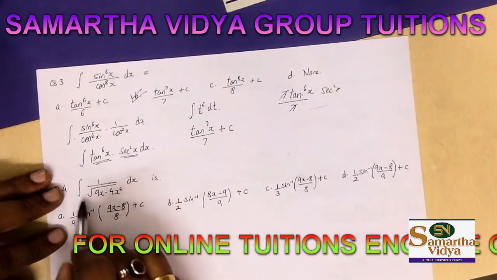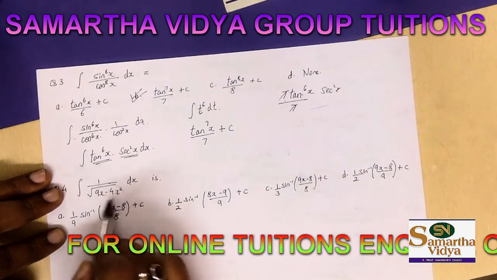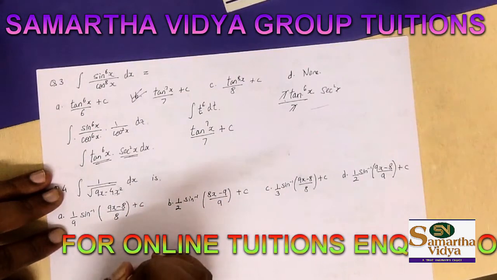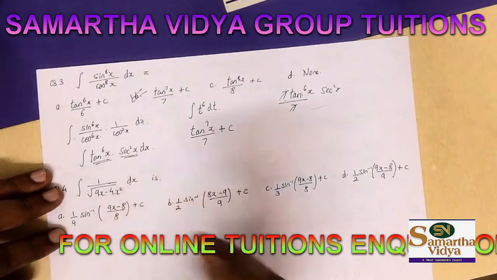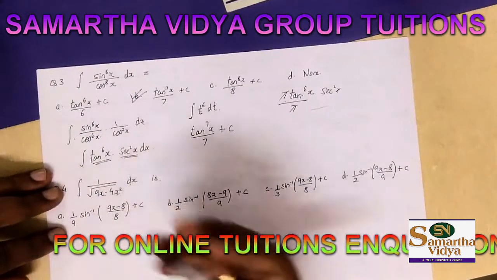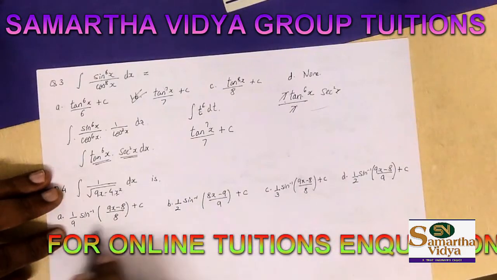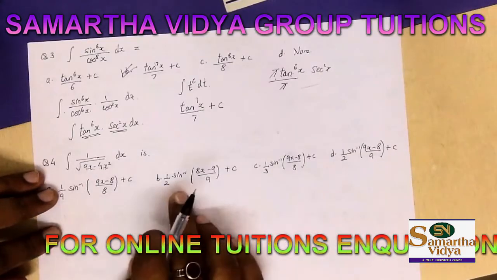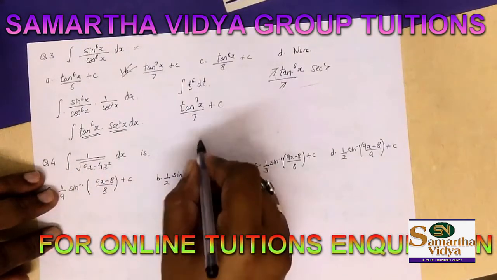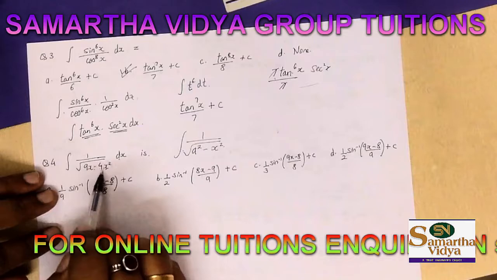Now next one, we have integration 1 upon root of 9x minus 4x squared dx. These types of questions can be lengthy, as you can recollect from what you solved in 12th standard. These questions are very lengthy because we have to follow a step-by-step procedure. But in MHCET, we need not follow the step-by-step procedure. Now, first, you can see that the options which are given are all sine inverse terms. So we understand that it's going to be of the form 1 upon root of a square minus x square. So I need to bring this in this format.